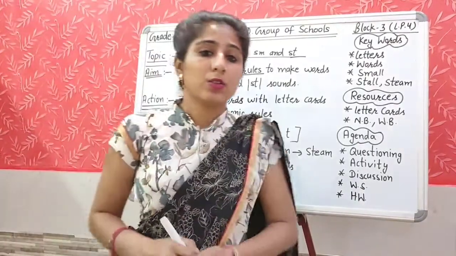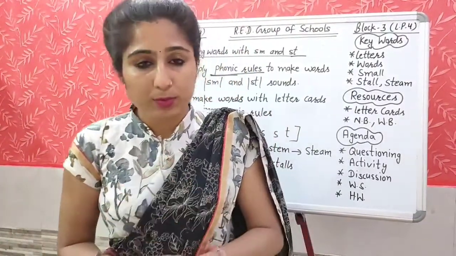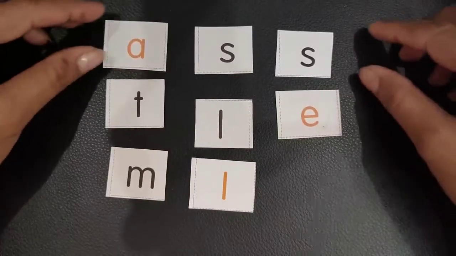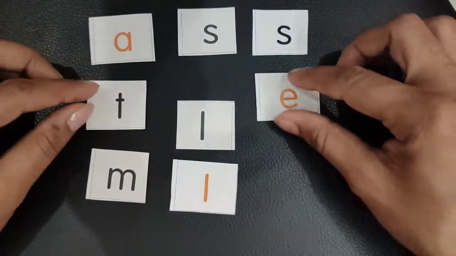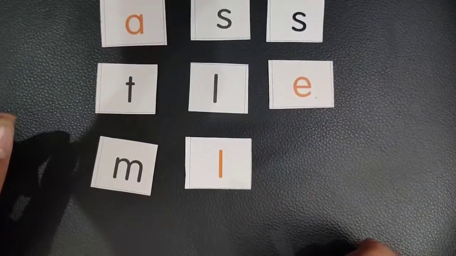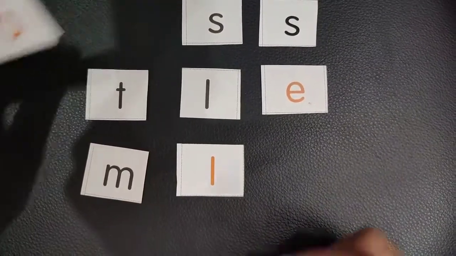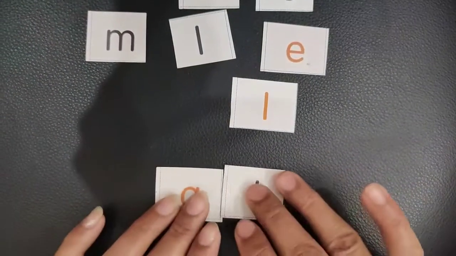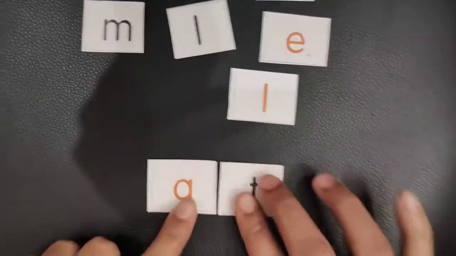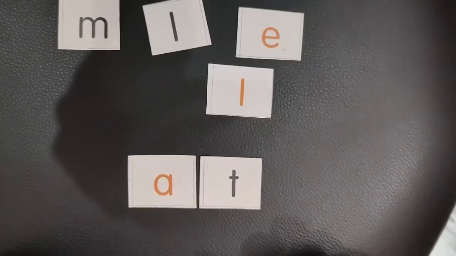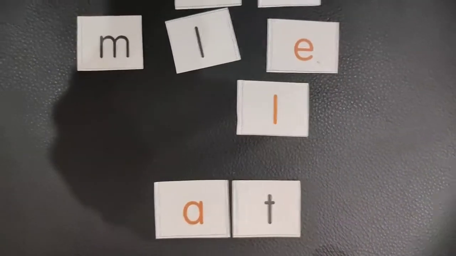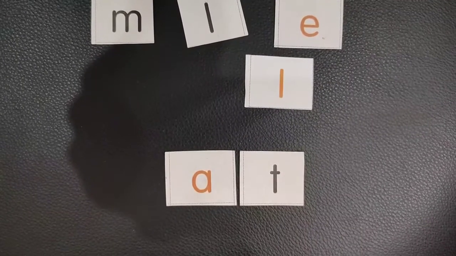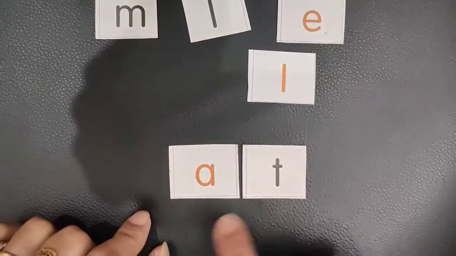Okay, all have made these words, and you must use these words in sentences also. These are the letter cards. By using these letter cards, we will make words. Okay, first word is at. What is this? At. Speak up the word with me. Pronounce it. At. Okay, now make one more word by adding one letter in front of this word.